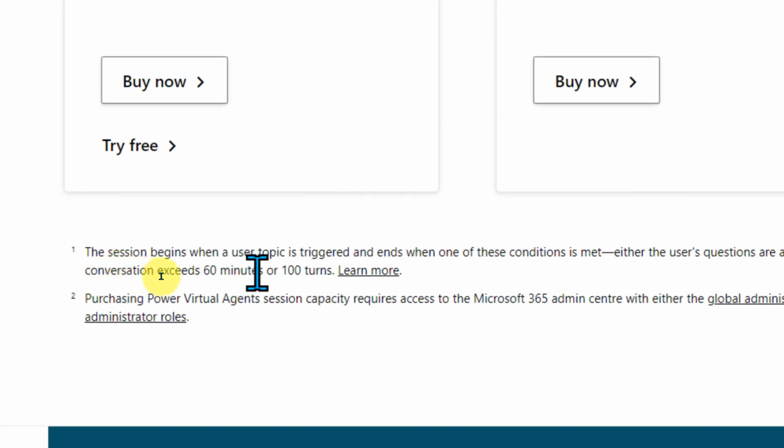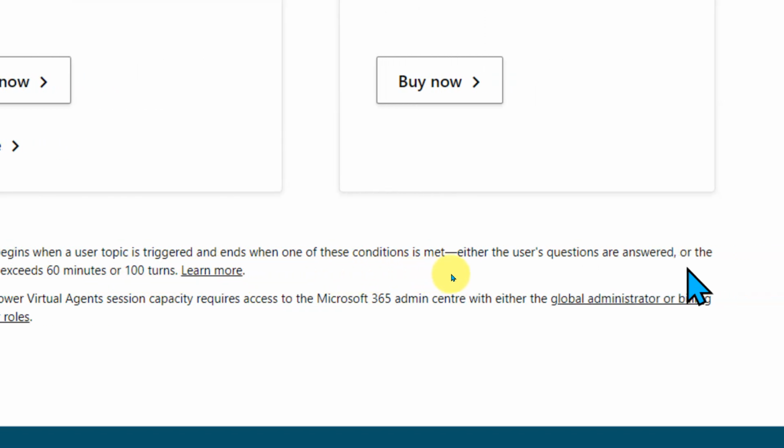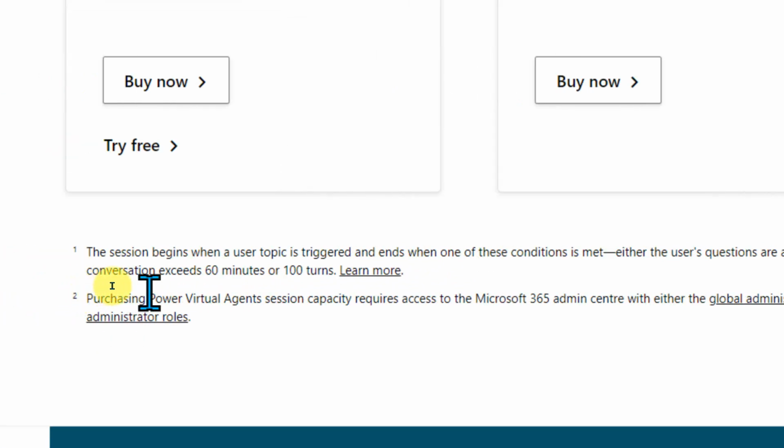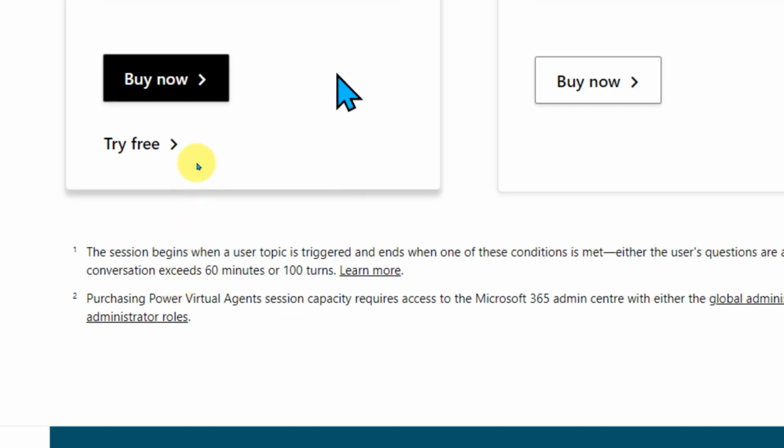The session begins when a topic is triggered and ends when one of these conditions is met: either the user's question is answered, or the conversation exceeds 60 minutes or 100 turns. So one session means either it satisfies the customer query, or it exceeds 60 minutes, or it exceeds 100 turns of chat conversation between the chatbot and the end user.